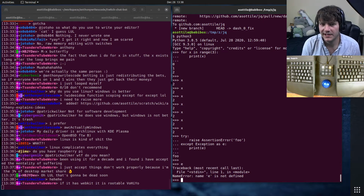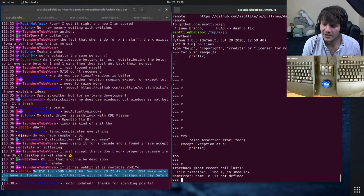Also, I'd love to have an ARM chip that I can run just Linux on, because I don't have one right now. But yeah,